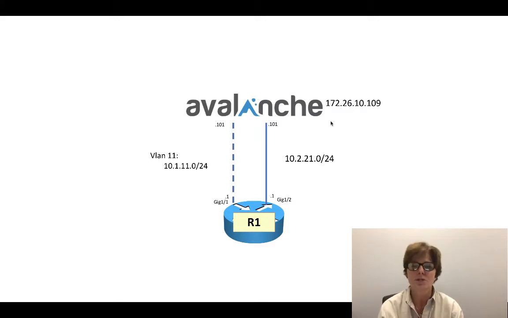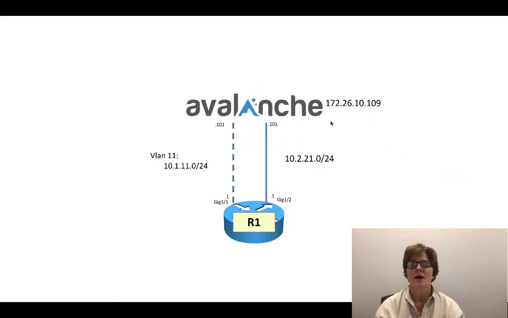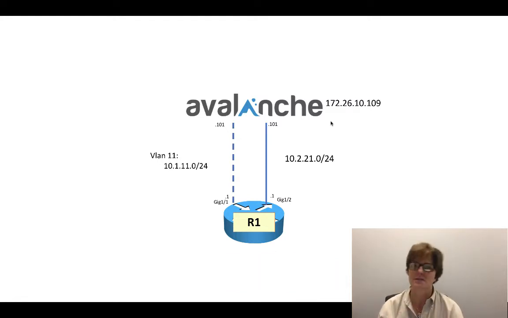So what we're going to do is, Avalanche is a Spirent appliance that I have in the other room, and it does layer 4 through 7 traffic generation. Now, I will say that for a lot of testing, where I'm powering off a router, powering off a switch, pulling an EtherChannel link, I don't like layer 4 through 7 traffic generators. The reason is because I can't control them, because they have their own brain: the TCP stack, layer 4 through 7, windowing, retries, stuff like that.